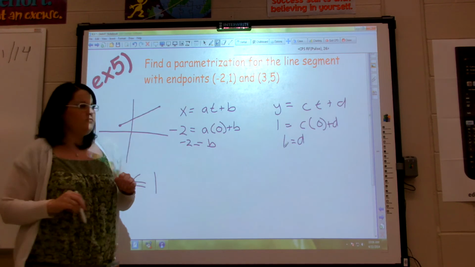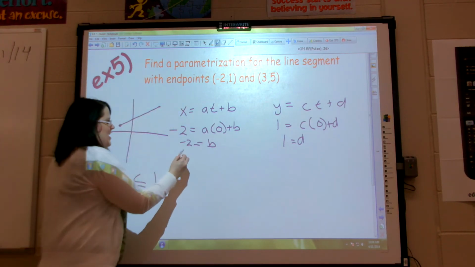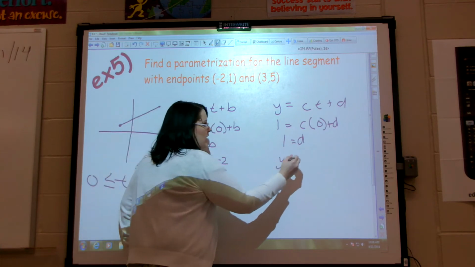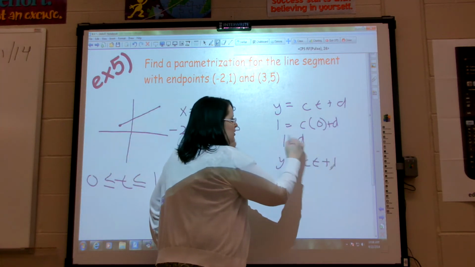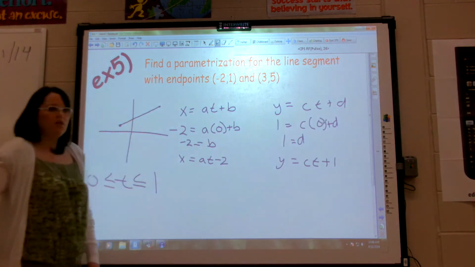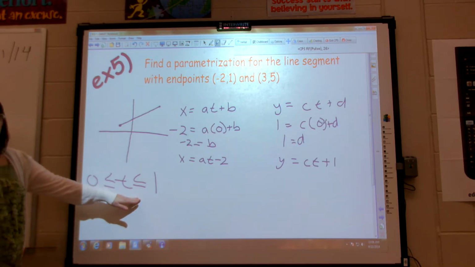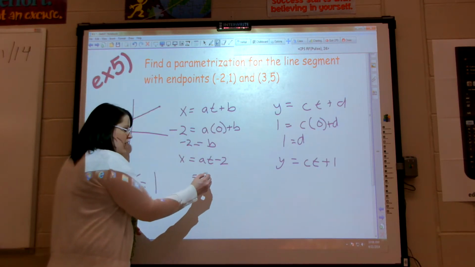Yeah? So let's go back up and plug in what we have. Now I have x equals at minus 2 and y equals ct plus 1. All I do is plug in b, plug in b. I'm halfway there. Now I plugged in my initial, now I'm going to plug in my terminal. So when t is 1,